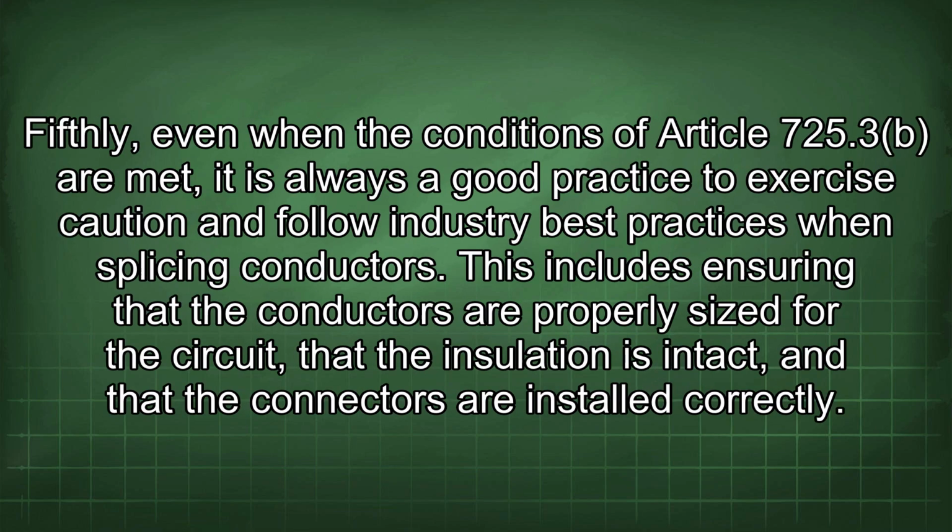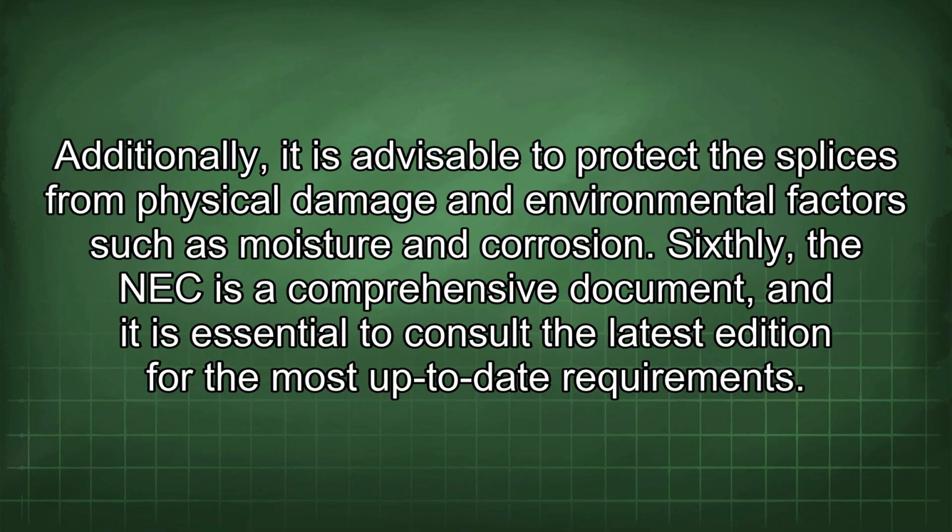Fifthly, even when the conditions of Article 725.3 are met, it is always a good practice to exercise caution and follow industry best practices when splicing conductors. This includes ensuring that the conductors are properly sized for the circuit, that the insulation is intact, and that the connectors are installed correctly. Additionally, it is advisable to protect the splices from physical damage and environmental factors such as